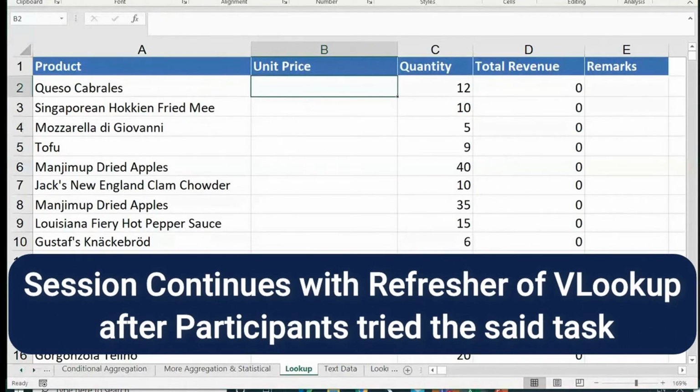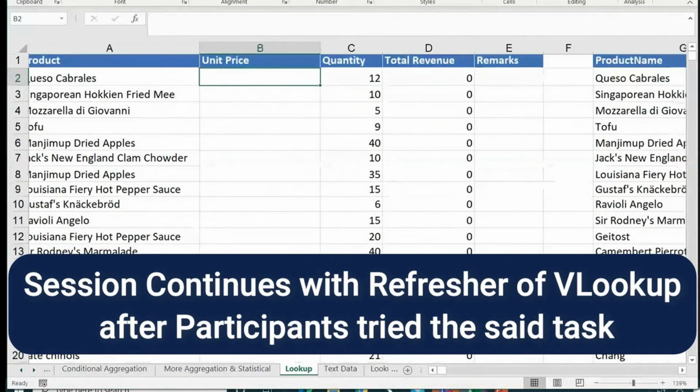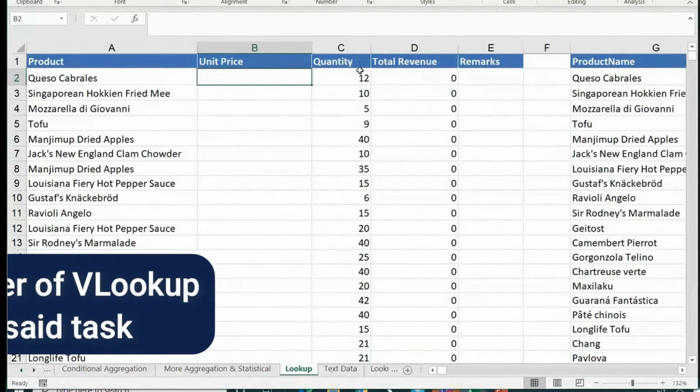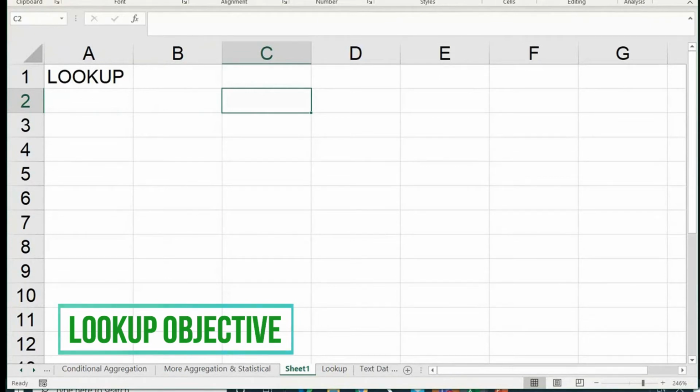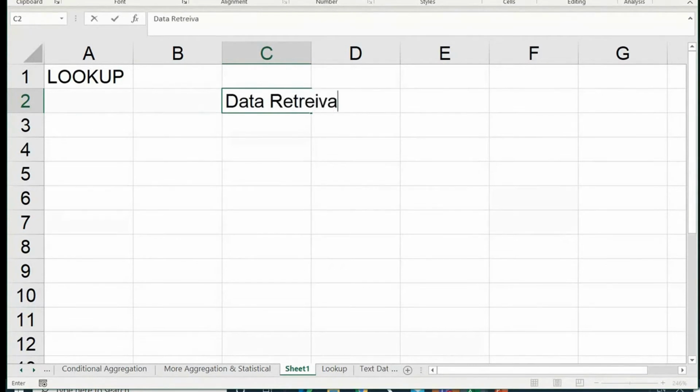Guys who have not done or don't know, it's time for you guys to focus a little here. One of the main objectives of lookup, just giving 2-3 minutes of basics for the guys who have never used lookup. What is data retrieval? Another is comparison. These are the two main applications of lookups: data retrieving and comparing. The example I just showed you was a kind of data retrieving, right? You have to check for some product and then bring the information from that, correct? So guys, the retrieval part I will finish, then come back to comparison later.